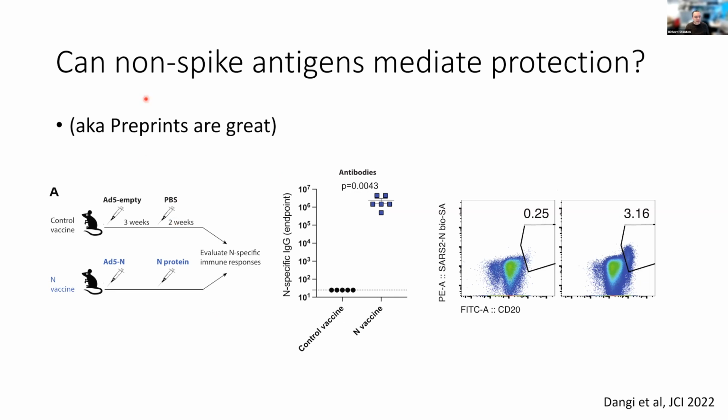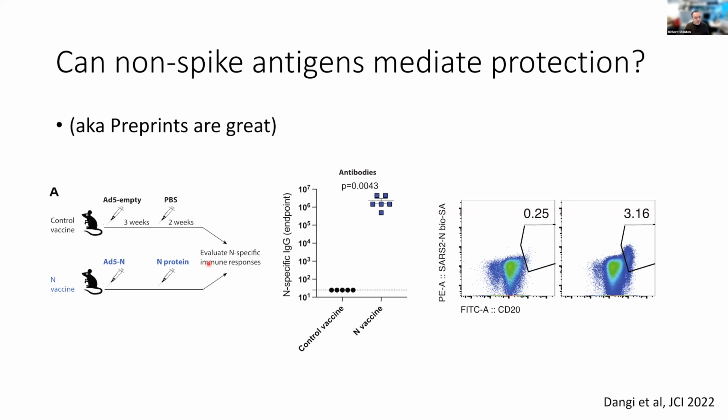I've just got a reminder here to say to myself, give a quick plug for preprints here, because the way this paper worked was we published our paper saying that things like nucleocapsid are ADCC targets. And then a preprint went up saying that these people had vaccinated animals with a nucleocapsid antigen and found it protected them. And so I emailed them and said, great study, that's exactly what we wanted to do. Have you looked at ADCC? And they replied and said, we haven't, but the reviewers have just come back from our paper and they want to know how it works. And so we ended up working together and publishing a joint paper.